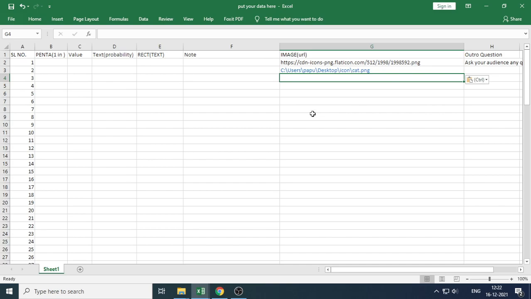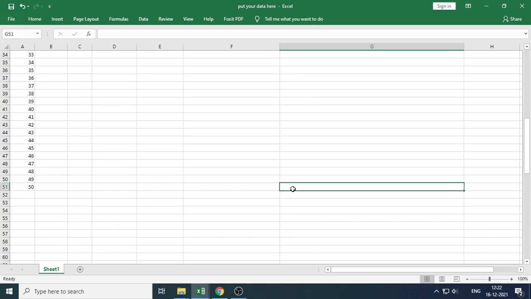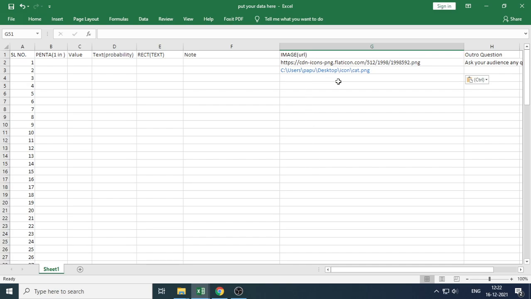So the first restriction is your image URL should be a valid URL, and the second restriction is if you are working on a 50 card template, then you should fill all 50 cards' image URLs. So if you leave any row in this column blank, the program will generate an error.